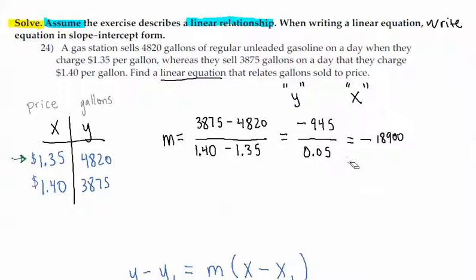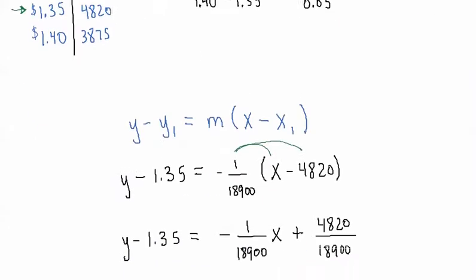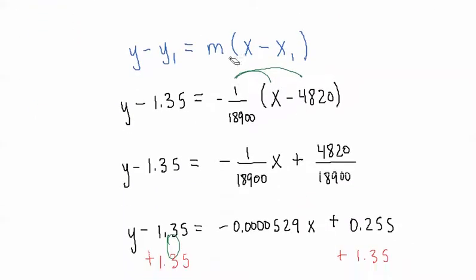So for every $1 that we change, we lose. So every $1 I increase in the price, I lose 18,900 gallons of demand, essentially. All right, so then put the pieces in, and that means that